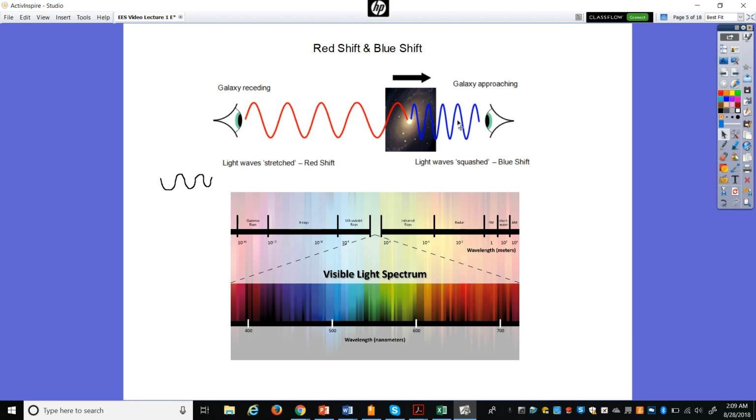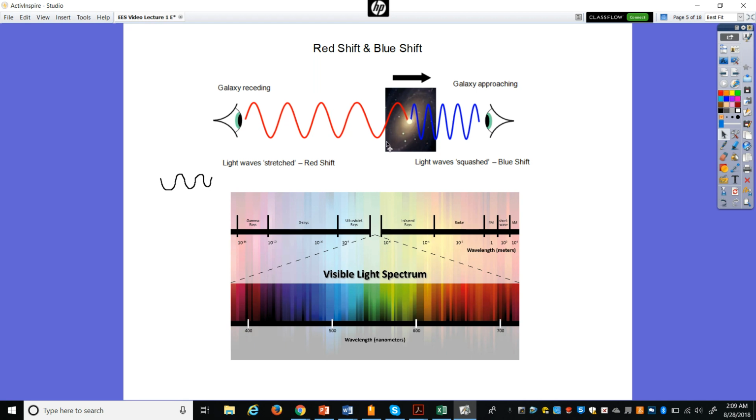Conversely, there are a few little oddities where galaxies that are close to us are actually maybe moving a little bit closer. So as a galaxy is moving closer to us, it would compress that wavelength down here into the blue end of the visible light spectrum, and that way we would know that it's moving towards us. So that's how we figured out that galaxies were moving further and further away. It's as simple as that.